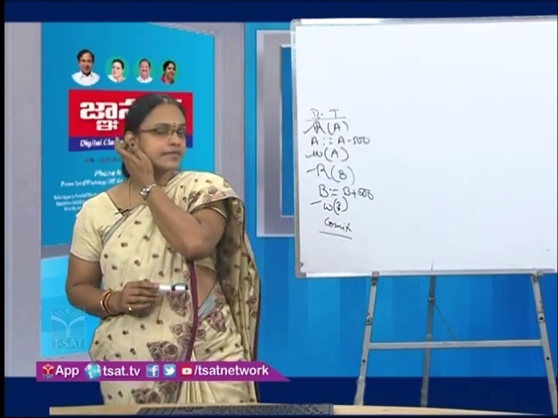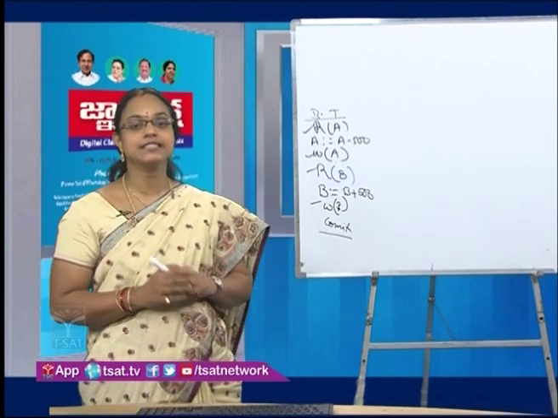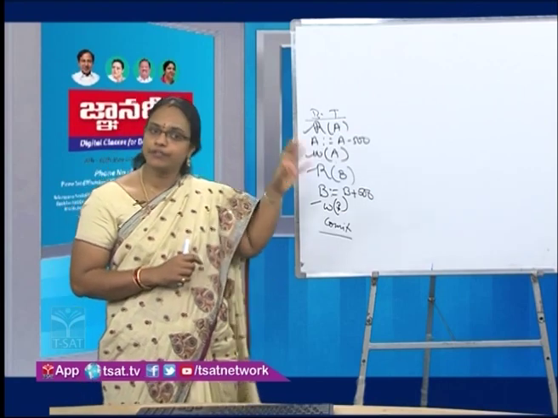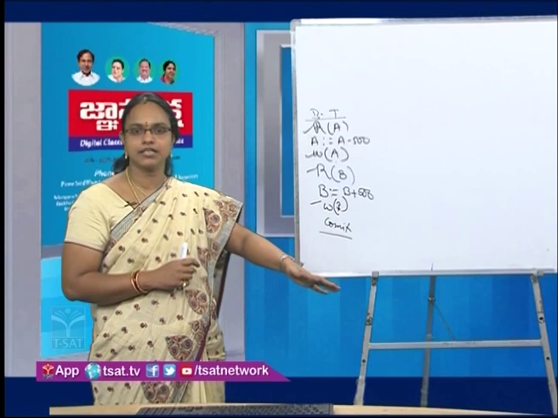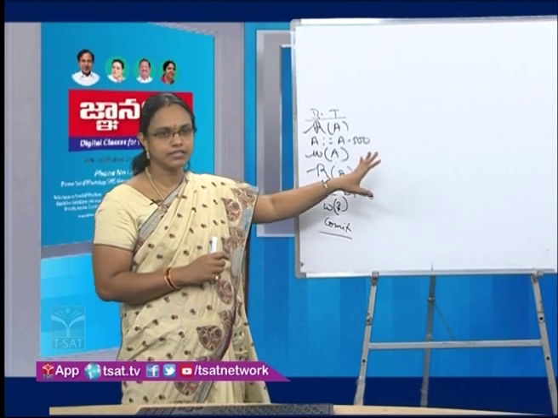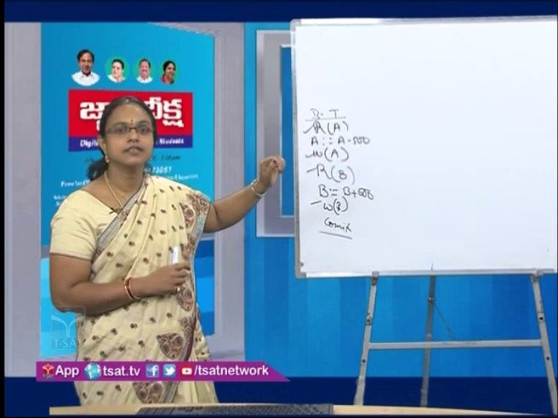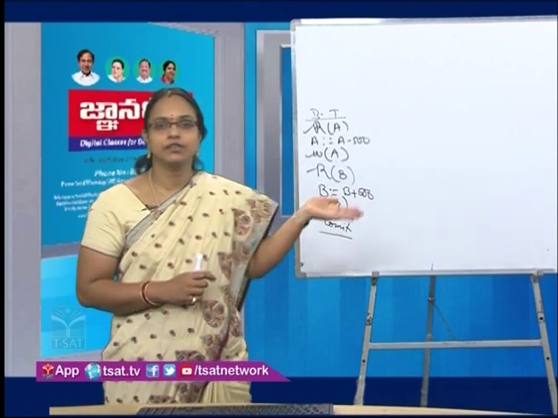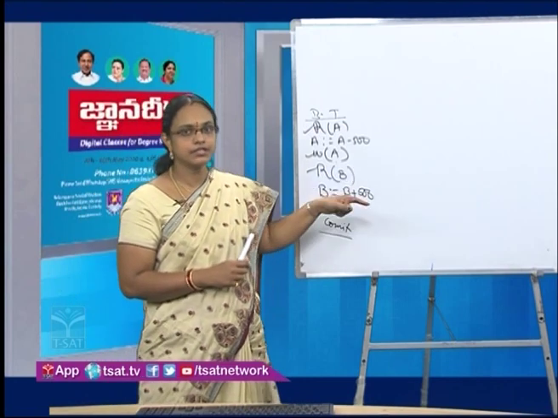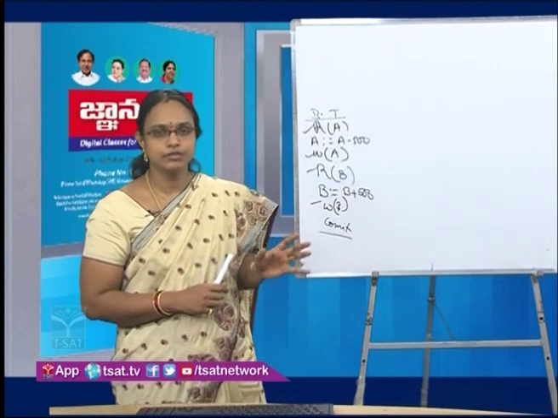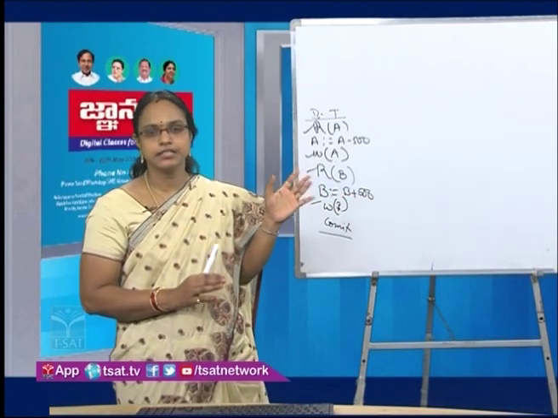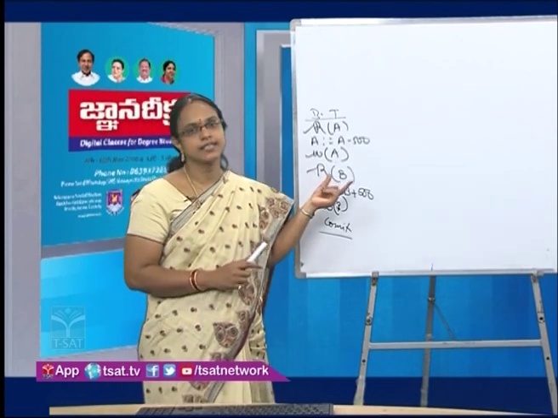Coming to consistency. Consistency of a transaction means correctness. So what is this correctness? Before the execution of the transaction and after executing the transaction, the database must be correct. Let's suppose A's balance is 10,000 and he is transferring $500 to B, and B's balance was only 5,000. After depositing that 500, it will become 5,500. So even before executing the transaction or after executing it, the database must be correct. This property we call consistency.